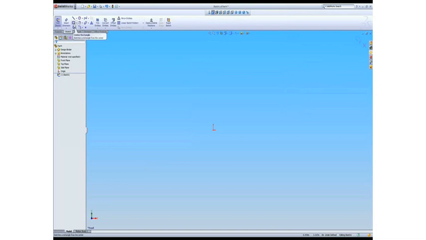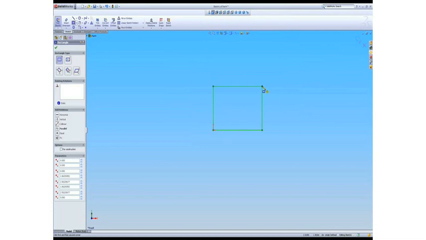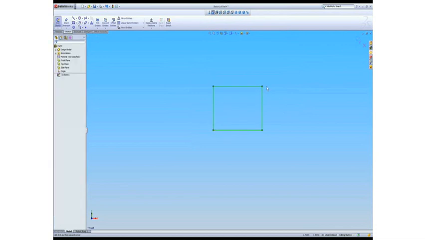we can now sketch a rectangle. So let's select the rectangle command, and we want to select a corner rectangle. To start our corner rectangle, we'll highlight over the top of the origin, and we can see we get a little yellow dot. This is what's called an automatic relationship, which is going to lock the corner of our rectangle into the origin. So I'll highlight and just drag up and release. We've created a rectangle. Now simply press Escape to get out of the rectangle command, and Escape again will unhighlight